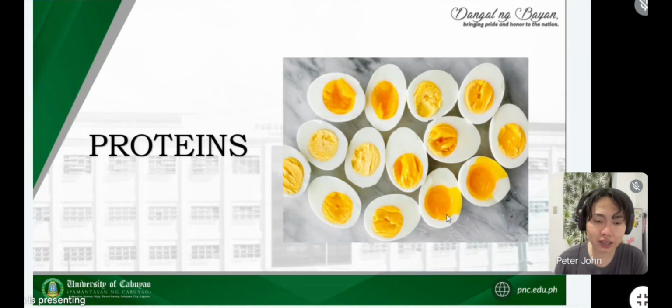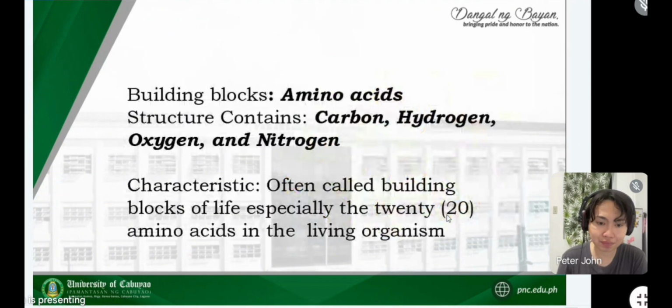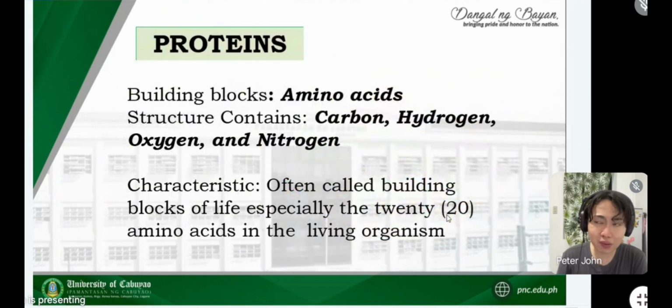Next, we have the third macromolecules, which is a protein. So, kung nakikita niyo sa picture, itlog, so ibig sabihin, egg is the major source or one of the major source of protein in our body. So, ano naman si protein? Protein, almost just like other two types, carbohydrates and lipids, they are also made up of amino acid or building blocks na tinatawag nating amino acid. So, review natin, si carbohydrates, meron siyang monosaccharides, si lipids, meron siyang si glycerol and fatty acid, si protein naman, meron naman siyang si amino acid. This one is the building blocks.